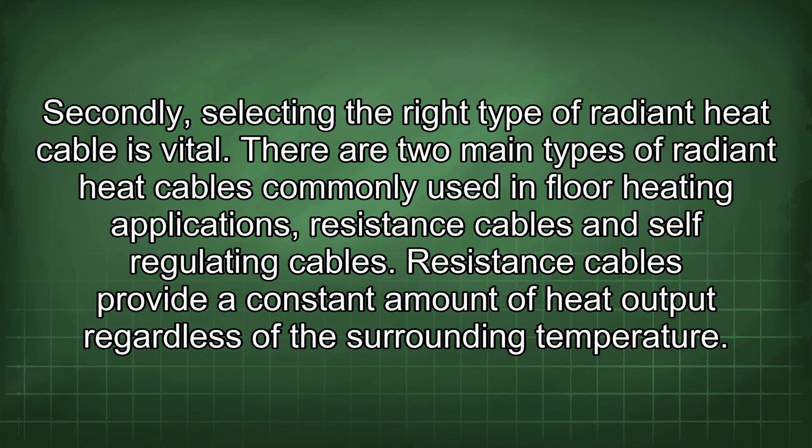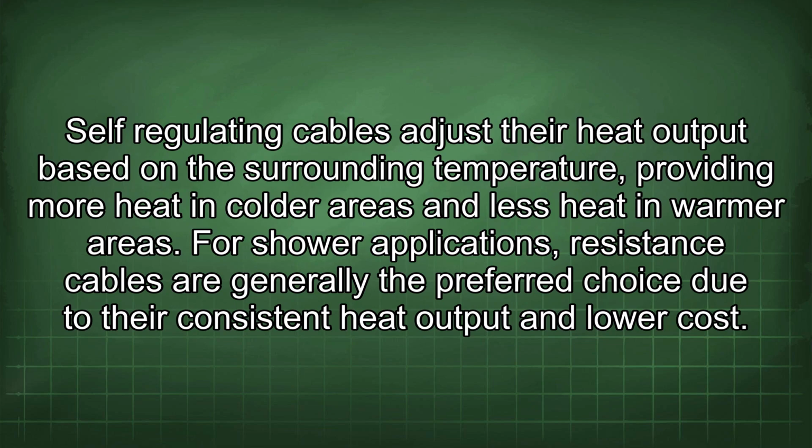Secondly, selecting the right type of radiant heat cable is vital. There are two main types of radiant heat cables commonly used in floor heating applications: resistance cables and self-regulating cables. Resistance cables provide a constant amount of heat output regardless of the surrounding temperature. Self-regulating cables adjust their heat output based on the surrounding temperature, providing more heat in colder areas and less heat